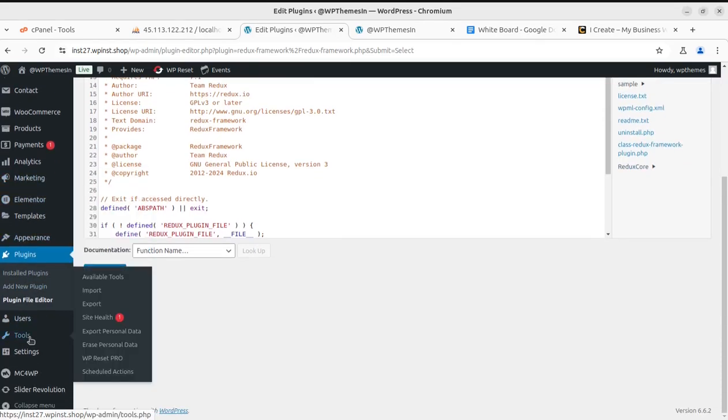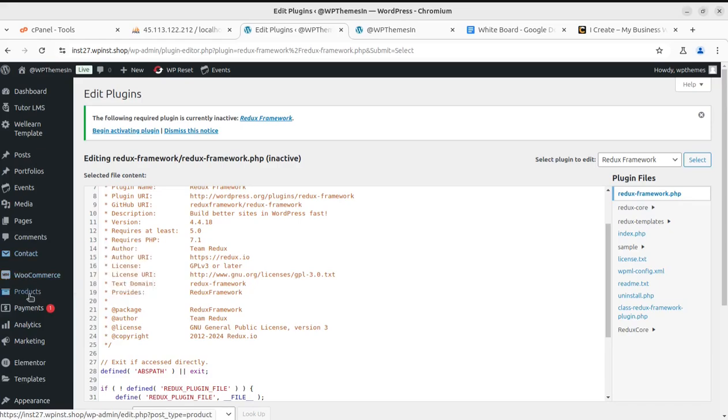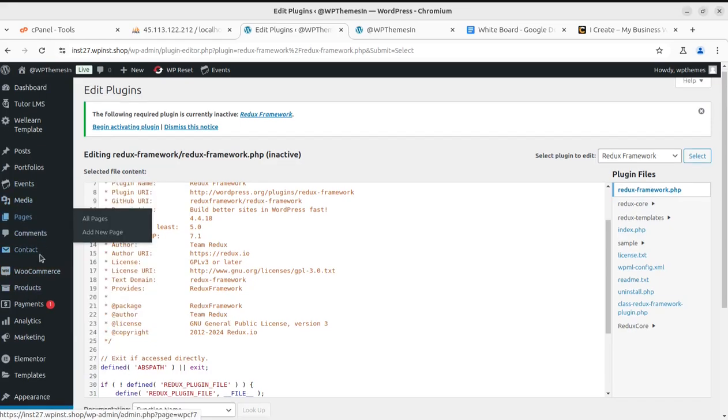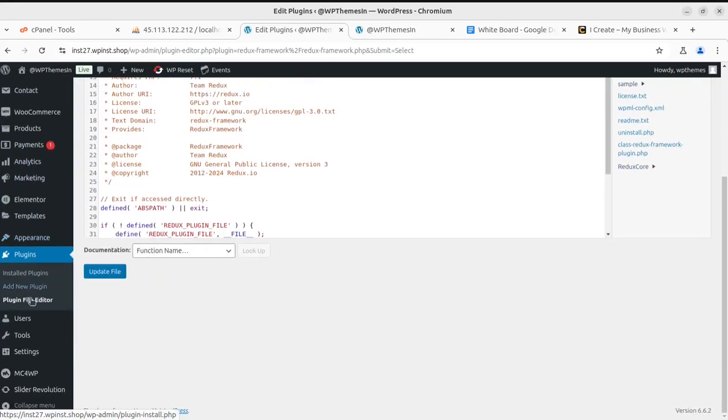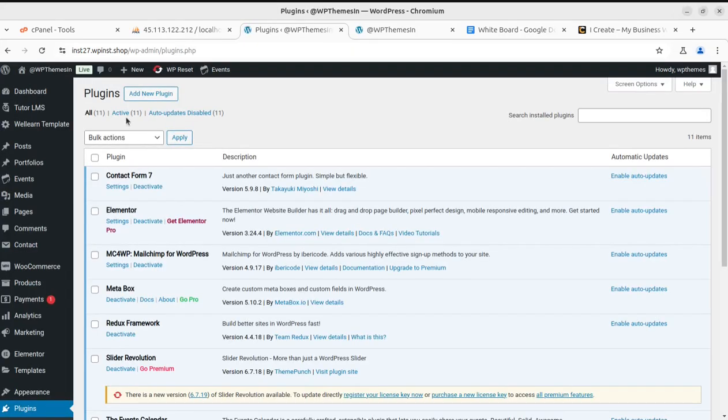I'm not overconfident, but I'm confident. Where are the plugins? Okay, so this is the plugin. So installed plugins. And this is active now. Very fine. So now we have successfully activated the target plugin, Redux framework, using the backend,